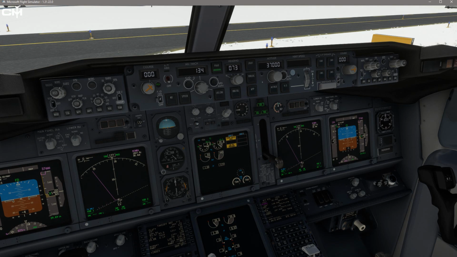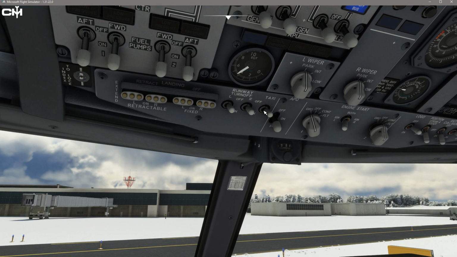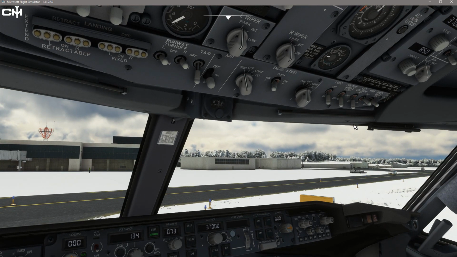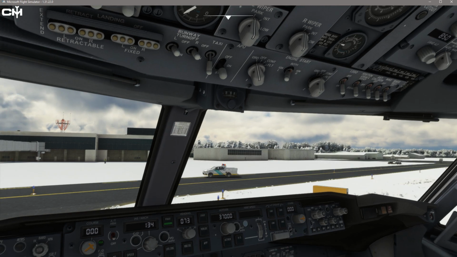Okay, let this engine finish starting up here. Let's go ahead and start looking at some more lights. We're going to need our taxi lights here pretty soon. Not too big a deal. We'll get the logo light on just because. Wing lights can be on now as well. Wheel well lights can go on. Wait for that engine to finish starting, and we will take care of our after start procedures, which should be